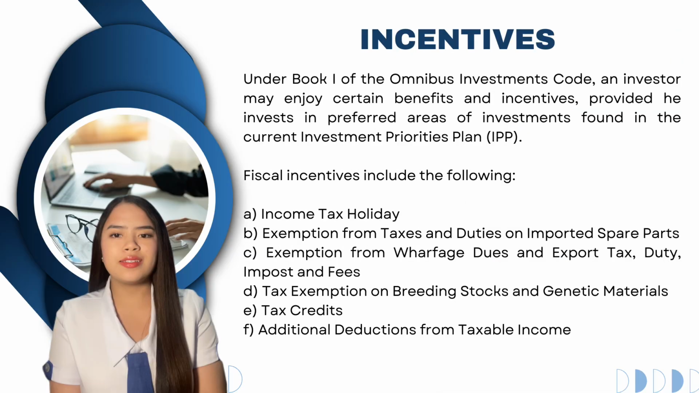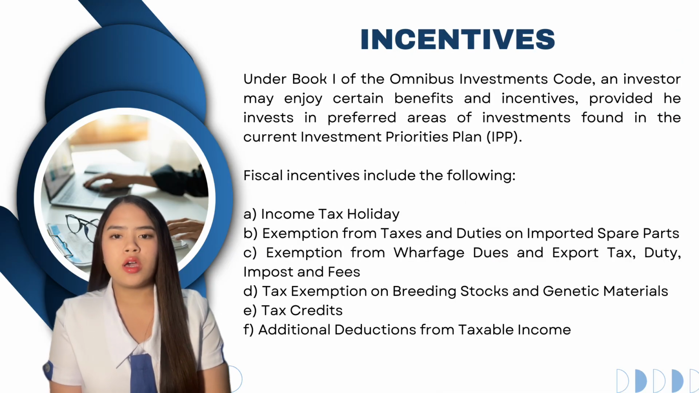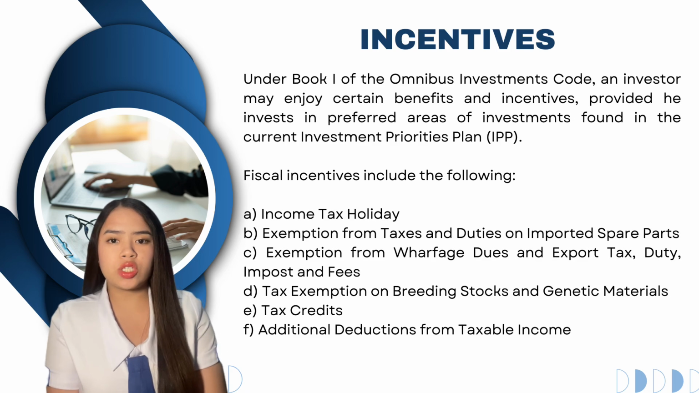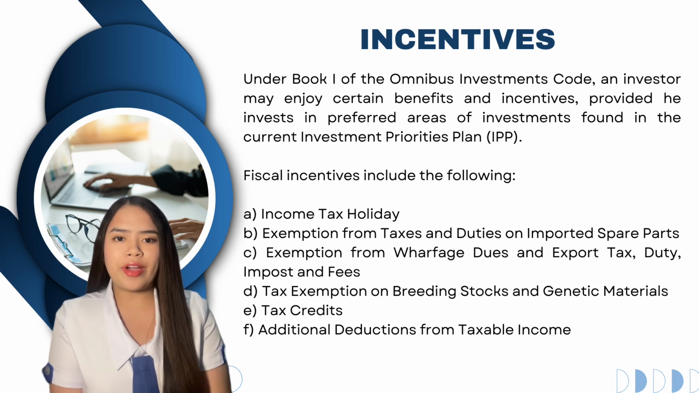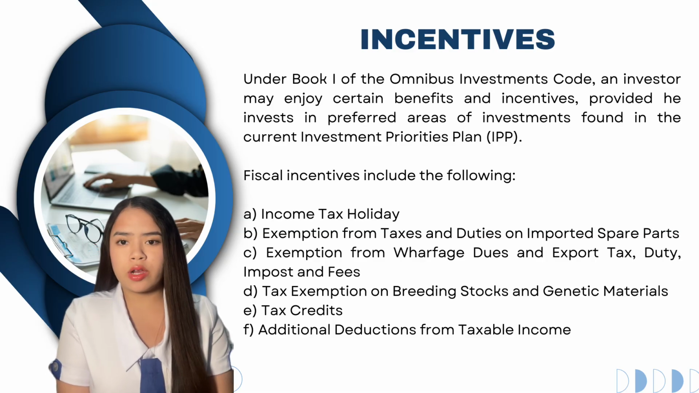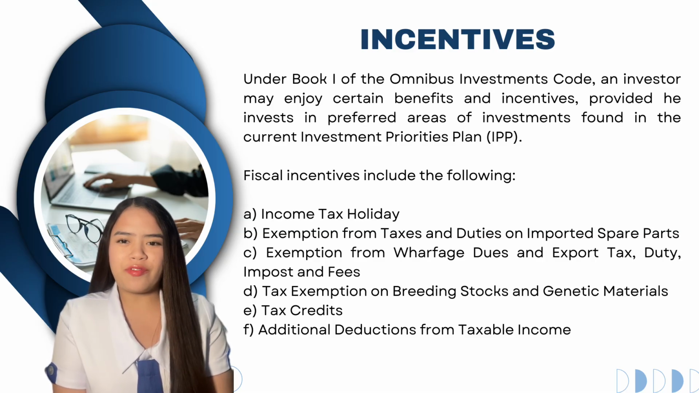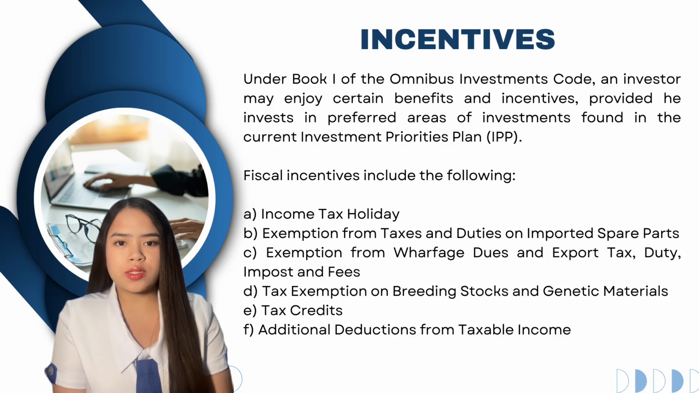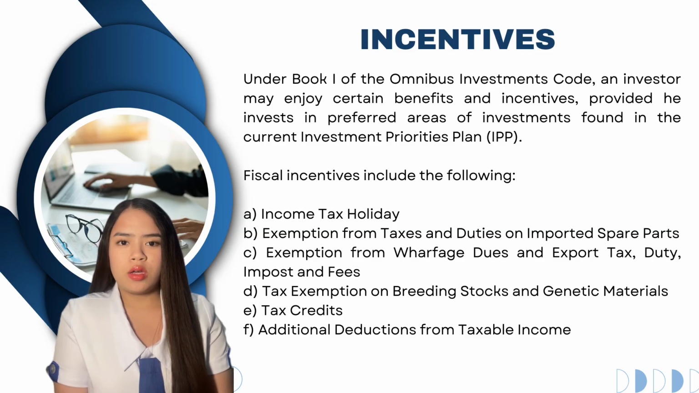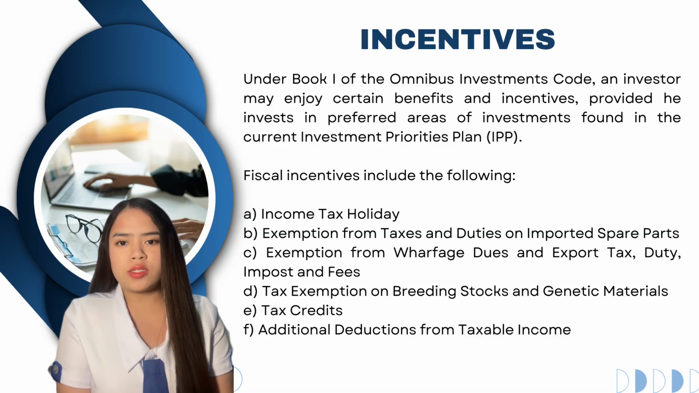exploration and development. Incentives. Under Book of the Omnibus Investment Code, an investor may enjoy certain benefits and certain incentives provided he invests in preferred areas of investments found in the current investment priorities plan. So, fiscal incentives include the following. So first is income tax holiday, exemption from taxes and duties on imported spare parts, exemption from wharfage dues and export tax duty, imposts and fees, tax exemption on breeding stocks and genetic materials, tax credits, additional deductions from taxable